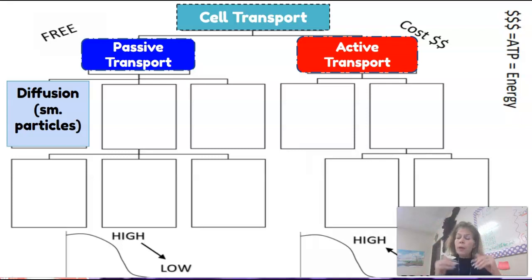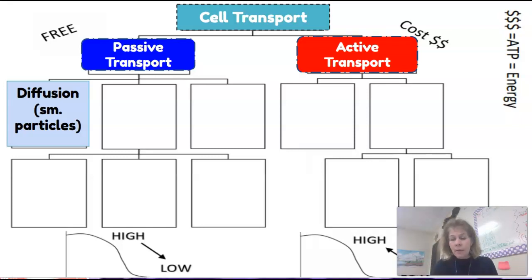Diffusion is the movement of small particles through a cell membrane from an area of high concentration to low concentration. You can think of this every time you take in a breath, what's happening in your body is diffusion. So you're breathing in oxygen, it goes to your lungs, your blood, your circulatory system, you have veins and capillaries in your lungs, picks up the oxygen. So now the blood leaving the lungs is high concentration of oxygen. Then it delivers it to cells, and there's cells that have used up the oxygen, and now they are low oxygen. So the oxygen diffuses, moves from the high concentration of oxygen in the blood to the low concentration of